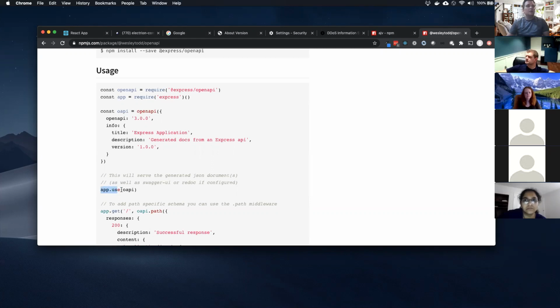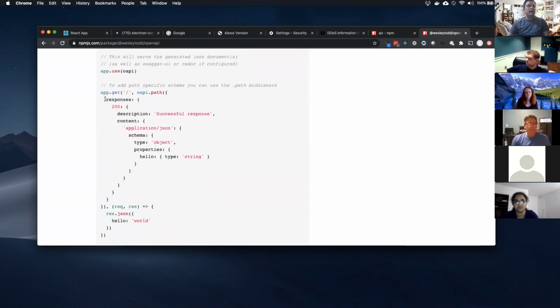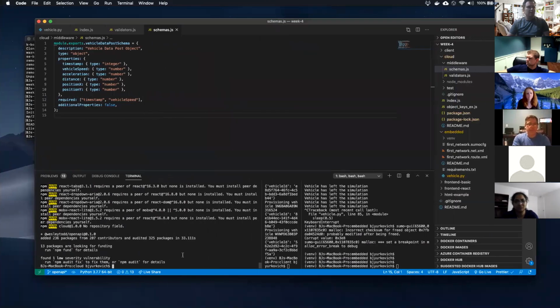And then we can just plug it right into our Express middleware. This app.use, you know, we use that for the body parser, we use it for CORS, we use it for our logging, Morgan. We can use this, same thing. We just plug it right in, and then all we have to do is provide a valid OpenAPI schema. All right, so it looks like it's good. Got to fix that.